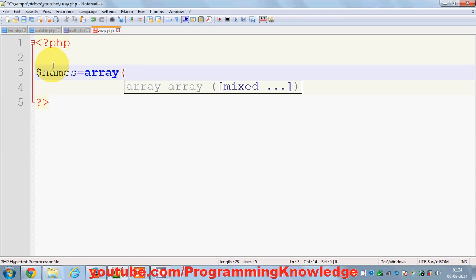And then in these two brackets you give the values to the array. So for example, the names can be